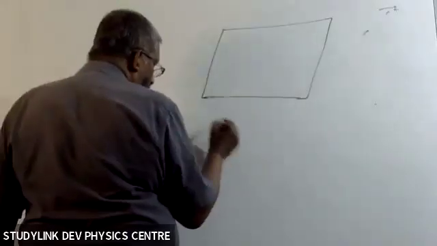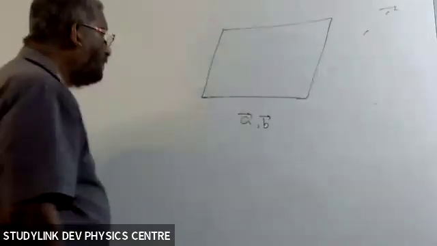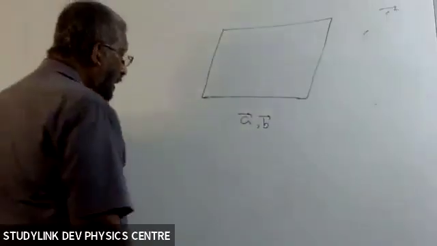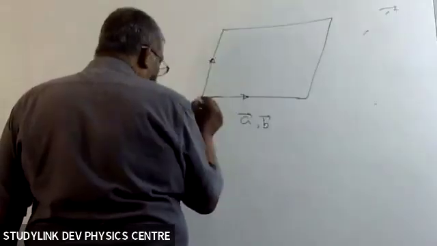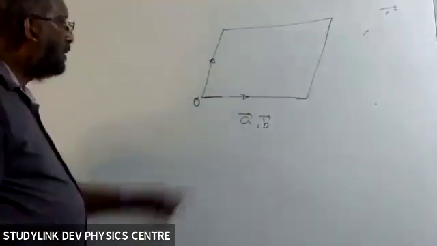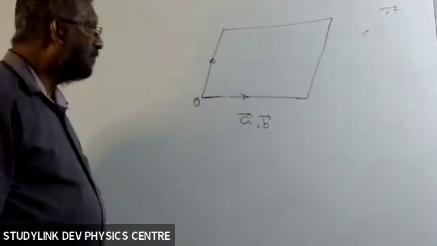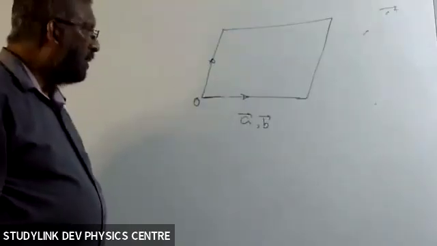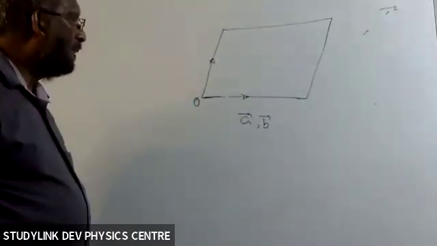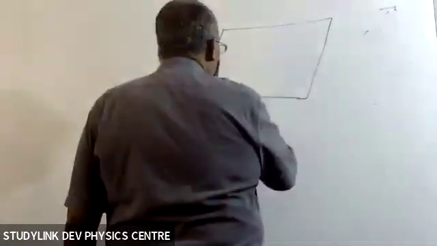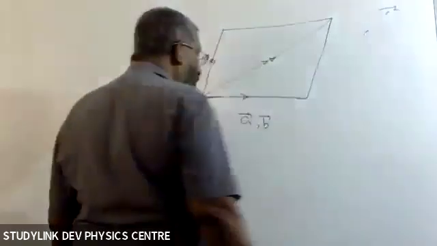When two vectors A and B are to be added, when they are represented by the adjoining sides of a parallelogram, the vector addition of the two vectors A and B is given by the diagonal of the parallelogram